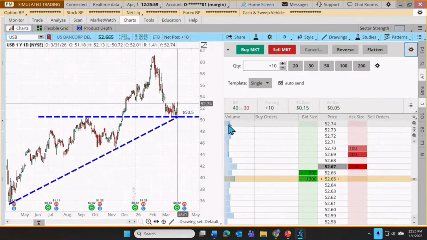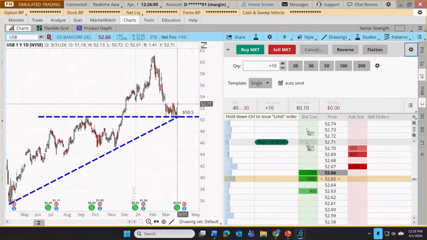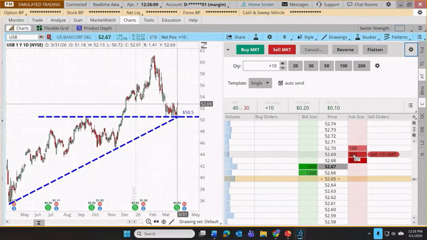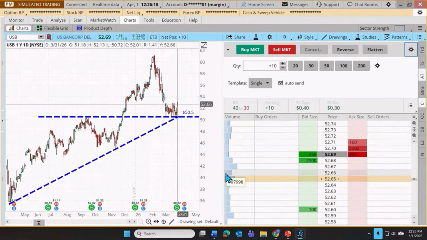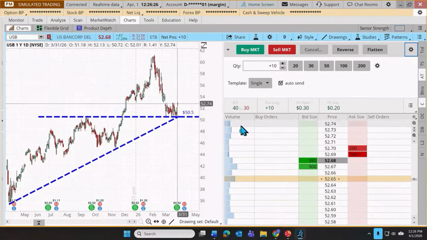This menu allows us to tailor the columns that are being displayed here. By default, we're going to see a price. I'll explain what that is. We can see bid size and ask size for quotes at different prices. We can see the volume at different prices. We can actually point at each of these volume histogram bars and see what quantity of shares have been traded today at different prices. But we can also add other columns.